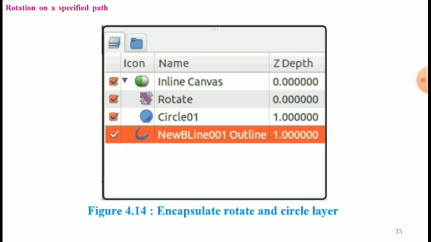Right click and select encapsulate. Thus the rotate and the circle layer are encapsulated into one layer named inline canvas. You can change the name of the encapsulated layer. Figure 4.14 shows the encapsulated layer inline canvas.